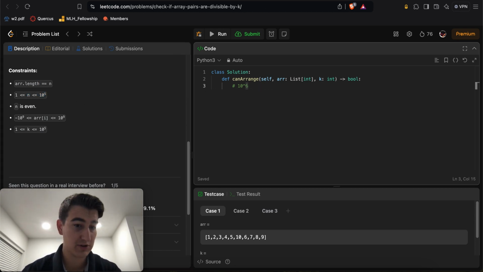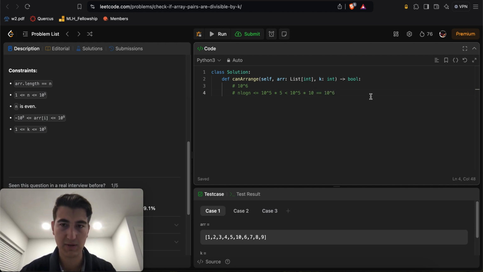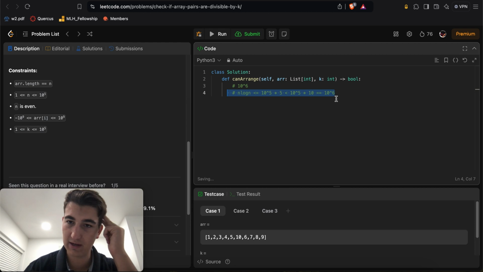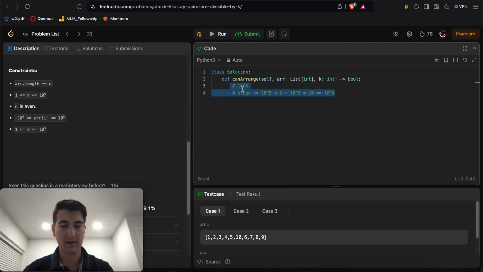So if we revolve our solution around n, then if we have an n log n solution, this is at most 10 to the 5 times log base 10 of 10 to the 5. If I move this 5 over on here, log base 10 of 10 is equal to 1, so this becomes 5 times 10 to the 5, which is less than 10 to the 5 times 10, because 5 is less than 10, which is equal to 10 to the 6. So this is what I mean by we're able to do an n log n solution if we want. It might help us in this problem. We might as well do something like